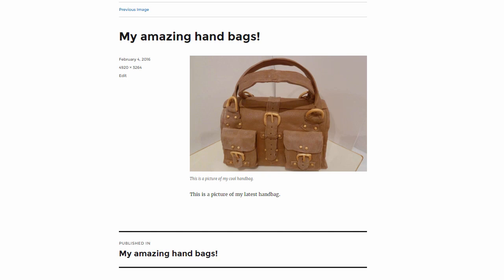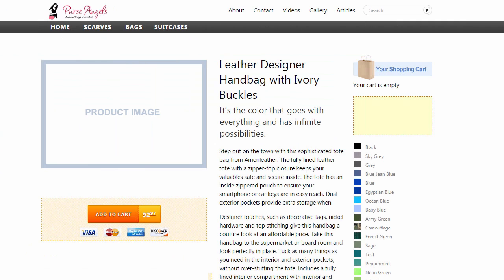Remember our initial goal. Our initial goal was to add a product image to our product page. Ultimately, we want to convert search engine traffic into customers on our website. We want people to see our quality designer handbag and then click the buy button. So on this website, is there ever even a conceivable case in which we would want visitors to land on